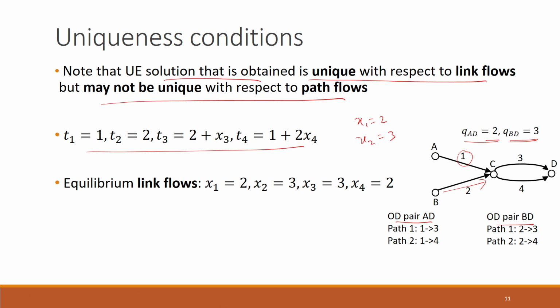Now, one thing we know is that x3 plus x4 will be equal to the total demand that flows through both the origin destination pairs. So, this will be equal to 2 plus 3, because once we reach the node C, all of the demand, which either is originating from A or B to D, is traveling between C to D. So, whatever the flow is on link 3 plus the flow on link 4 has to be equal to the total demand. So, one equation that we get is x3 plus x4 is equal to 5, and the other equation that we have is